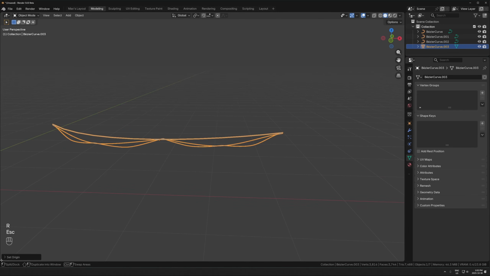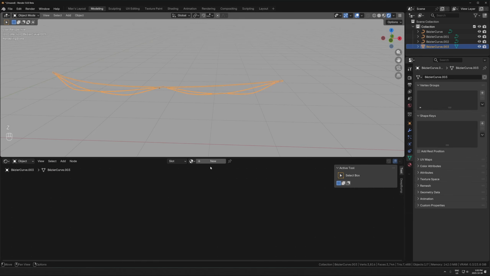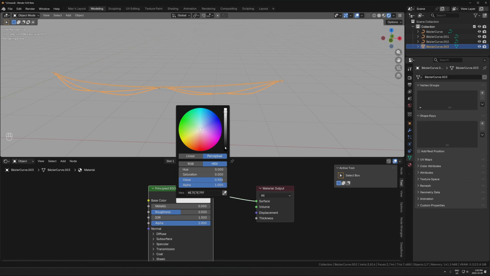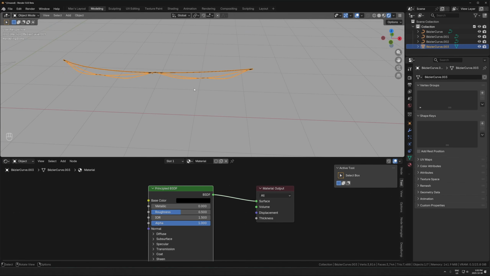And then for the material, I'll just pull up a shader editor. What you can do is just make it black. It really doesn't have to be much more complicated than that. So that's usually a good enough shader for it. If you want, you can maybe bring in a roughness map if it's going to be really a prominent part